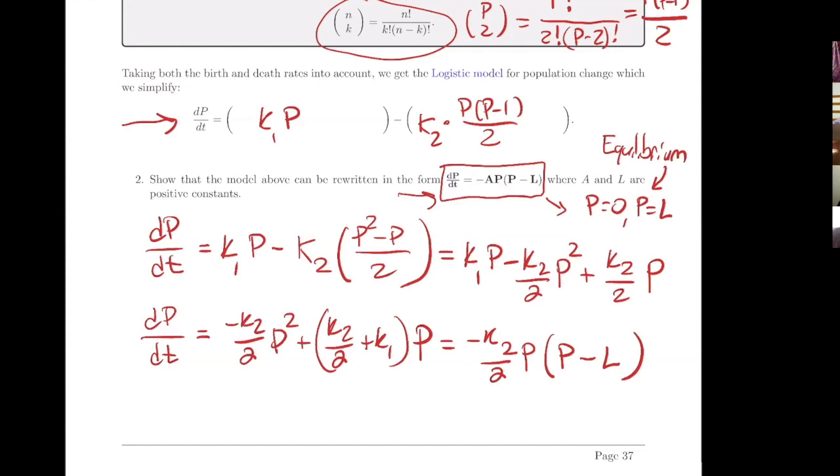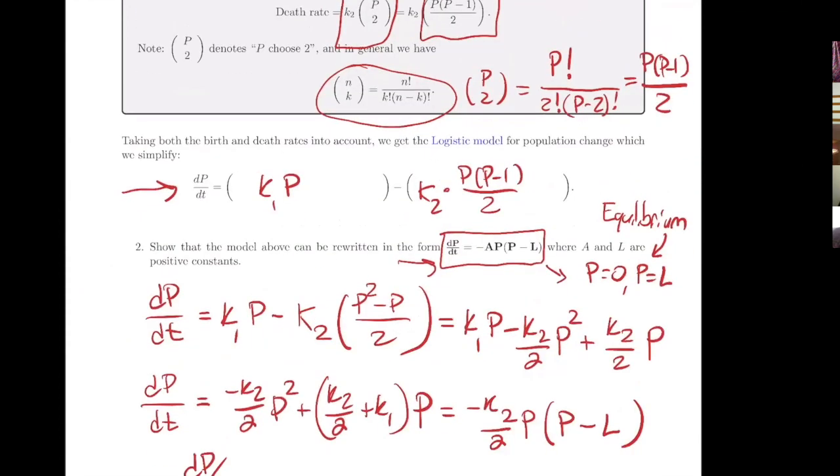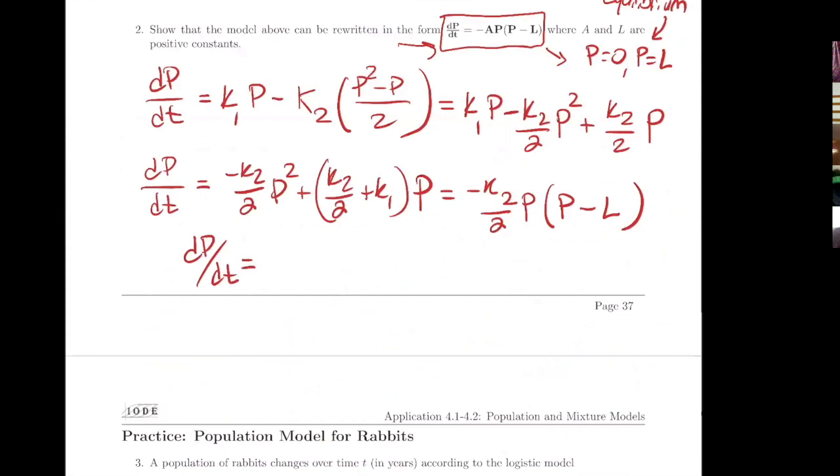And what we would get left with is some expression of p minus L left over. Okay, so this L depends on k1 and k2. So what would L equal in terms of K1 and K2? It's going to equal,